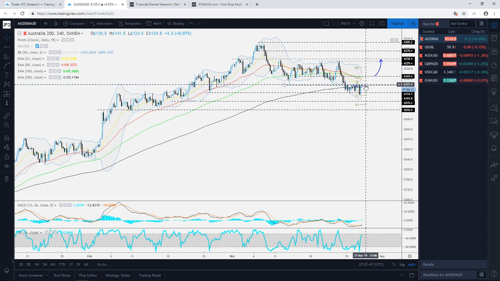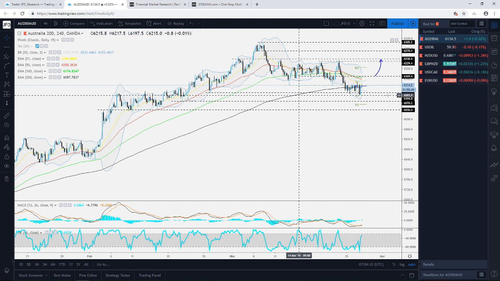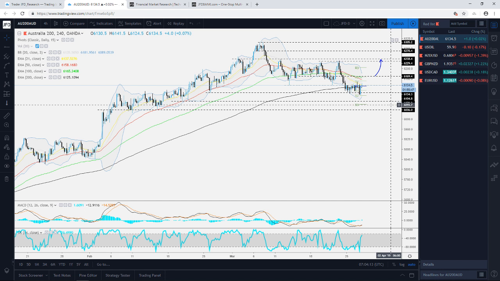To be honest, this is the area where we're going to remain somewhat neutral, because on one hand it is slightly above the 200 EMA, but it is still balancing near this key area of resistance near the 6,135, which previously acted as support. So now it's taking the role of resistance. We're going to continue observing this one, but if we see another drop below this area near the